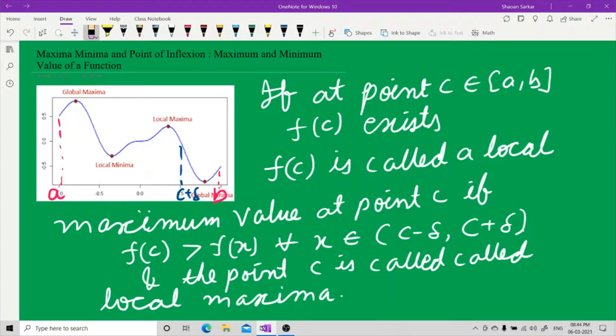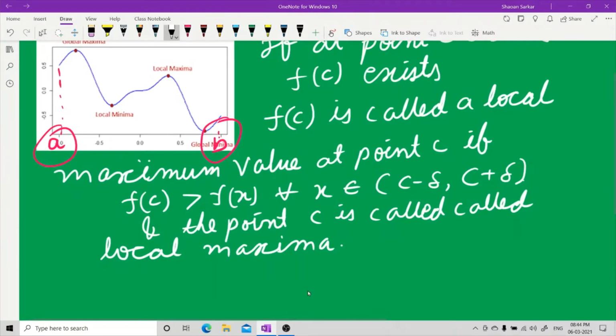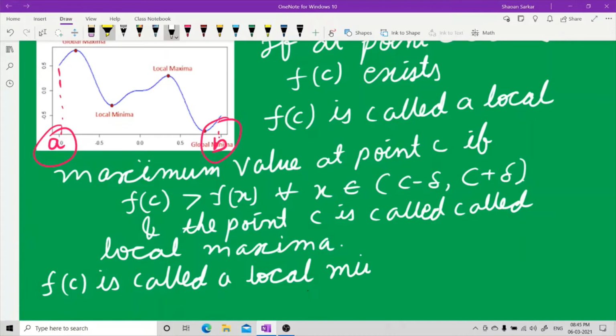Now, the next definition. And this is the point A and B. These are the points A and B. Now, if I write this way, let us understand the next thing. Here, let me write it here. f(C) is called a local minimum value at point C